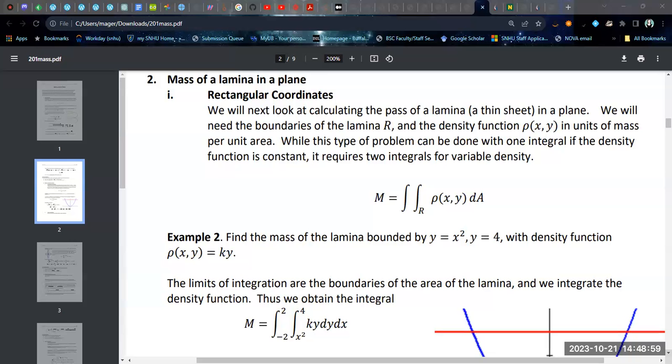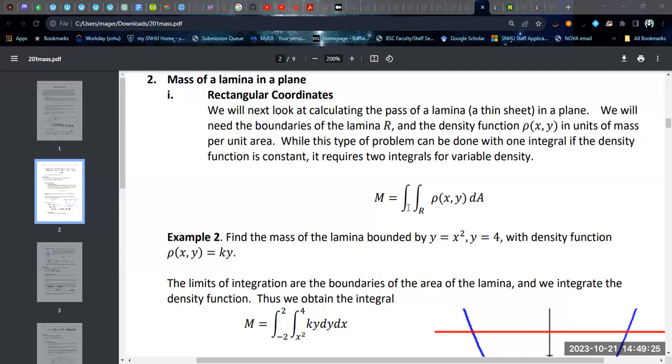Now, in this video, we're going to look at calculating the mass of a lamina in a plane. Now, if you may recall, a lamina is essentially a thin sheet. It's so thin that we're going to neglect the height of the sheet. So we're just looking at how it's distributed in a two-dimensional plane. And we're going to do our first example in rectangular coordinates to calculate the mass of a lamina in a